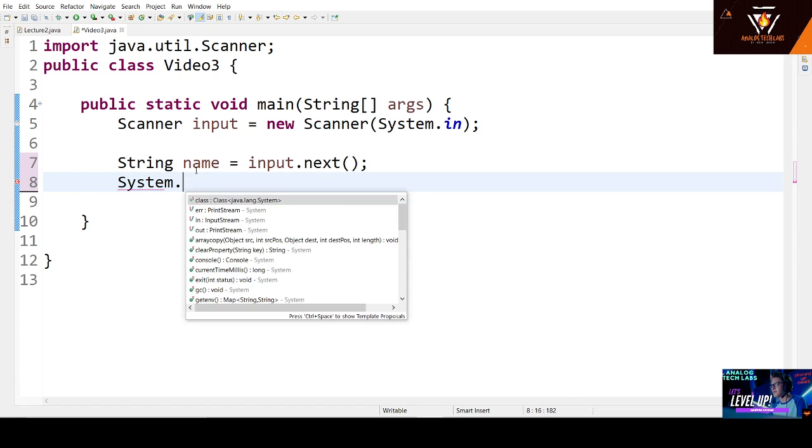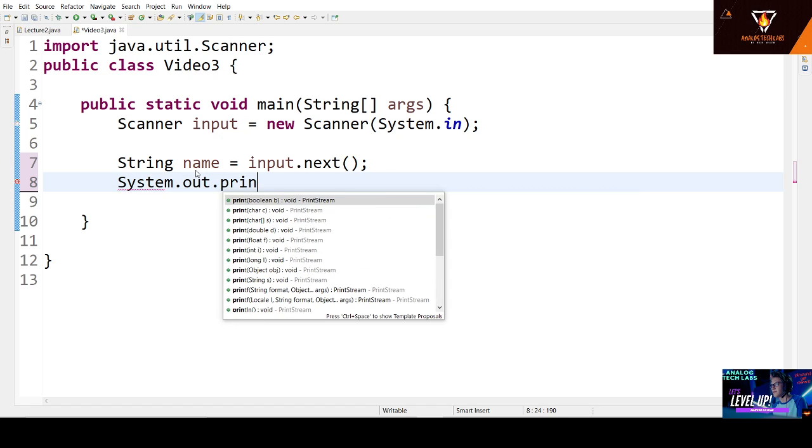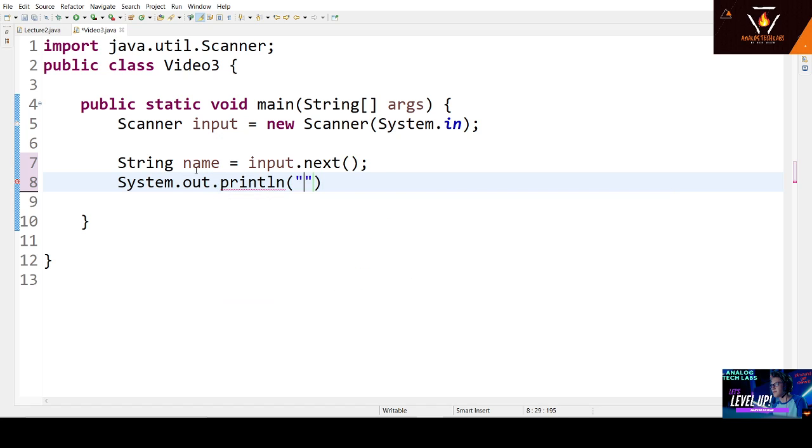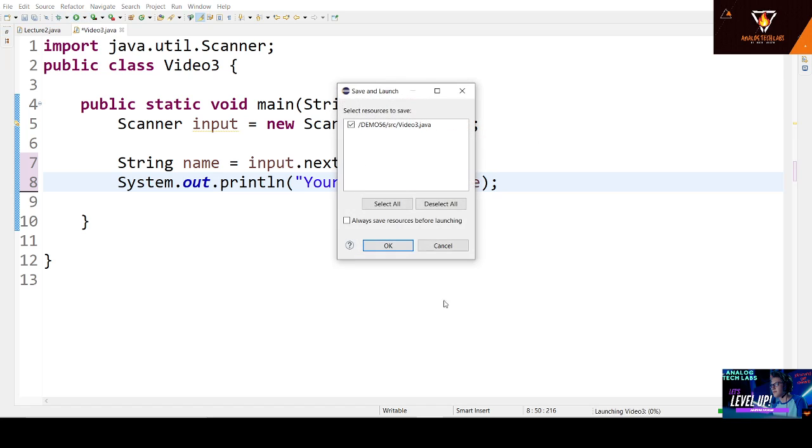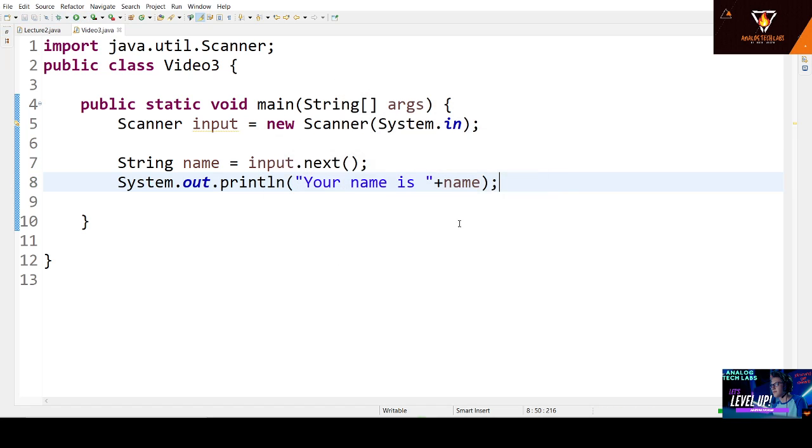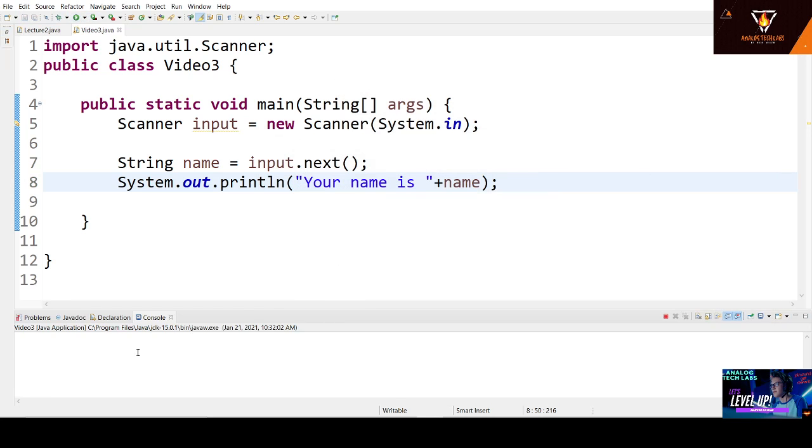System dot out dot println your name is name. If I hit the run button over here, click on OK, click on proceed, you can see the console is waiting for me to type a value.